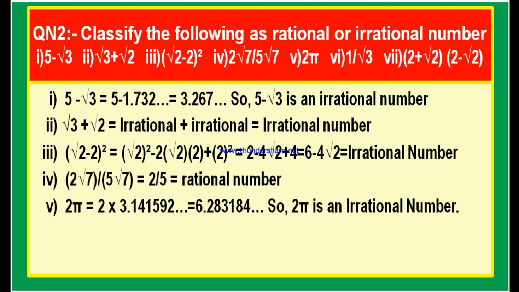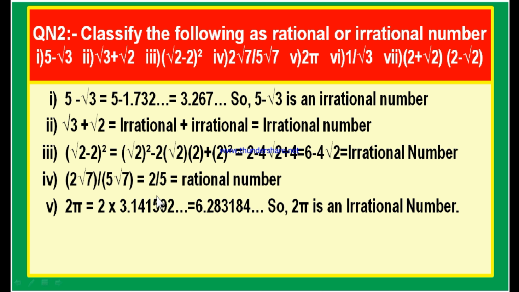While finding the circumference or area of a circle in 6th class and 7th class, you use the value of pi as 22 by 7. But pi value is not exactly equal to 22 by 7. Pi value is very nearly equal to the fraction 22 by 7. Please keep in mind, pi value is not exactly 22 by 7. But pi value is 3.141592 and so on. It is a non-terminating and non-recurring number. Therefore, this is an irrational number.